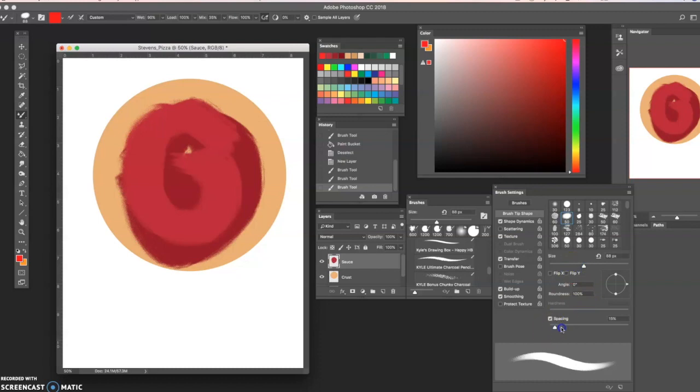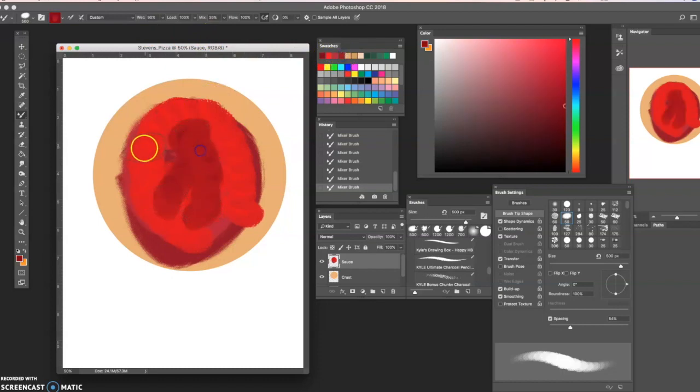All right. And the right bracket to make it larger, and let's see what happens. Not really mixing the way I wanted it to, but that's okay. Try a different color. All right, so from there,